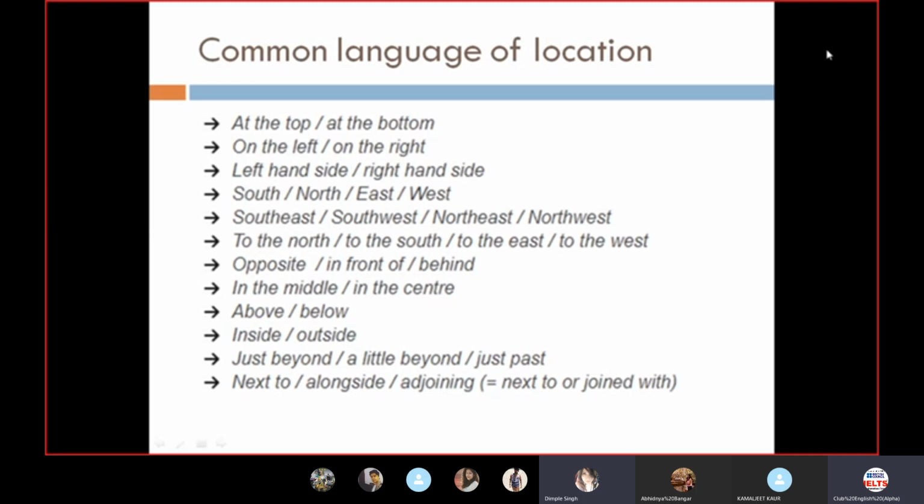As we know, when we are listening to an accent which is not very familiar to our day-to-day life, the English spoken by them is a little different. So here are some of the common words used in the map section, and you might miss them because you might not understand the accent they speak with. So some common language of location is: at the top, at the bottom,